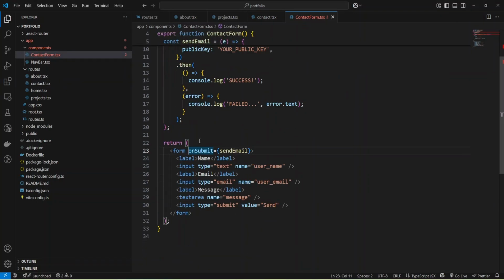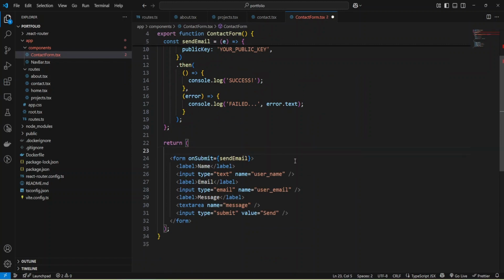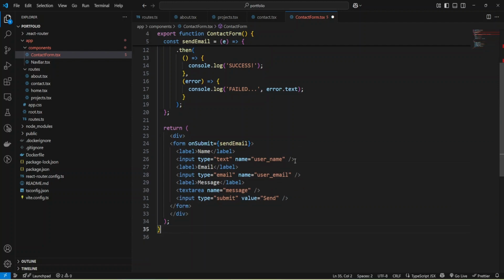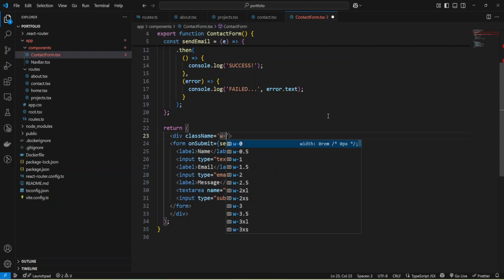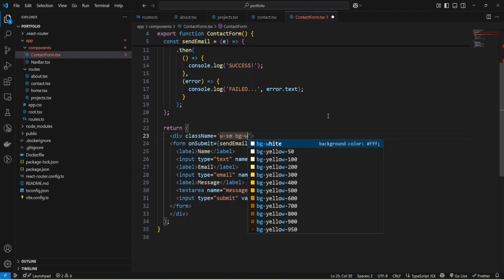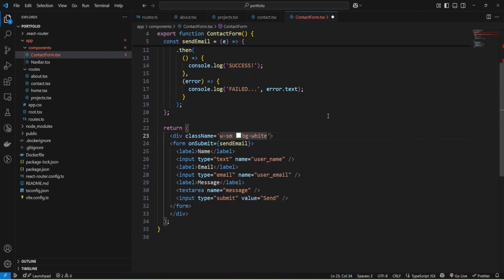Okay, and I'm going to add a container and add it to my form and provide a class name, and we're using Tailwind CSS in my project. I'm going to add some width and make the background white.